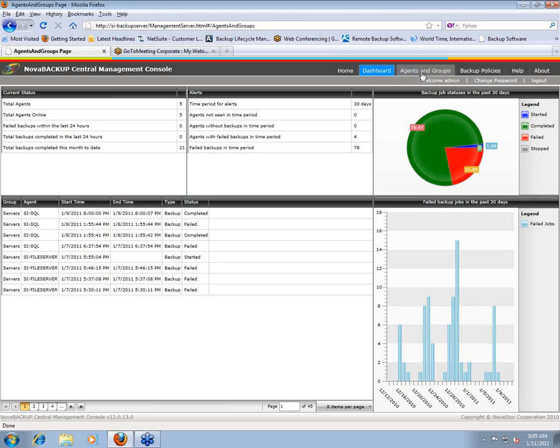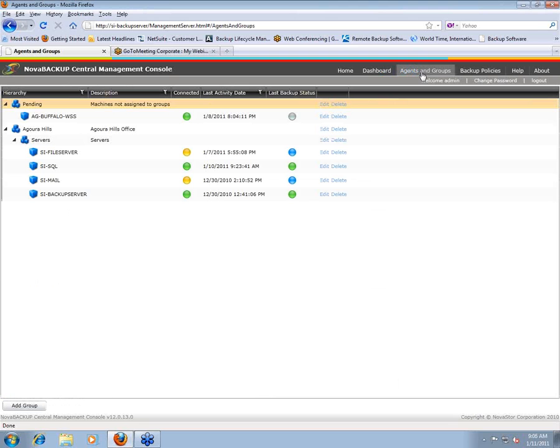Now, if I were to press here on agents and groups, the CMC enables you to connect to clients, or actually the clients connect to the CMC so the CMC can manage it. What I'm looking at here are my agents or my clients. I have this client, AG Buffalo WSS, SI File Server, SI Backup Server, etc. And when I look at this screen,